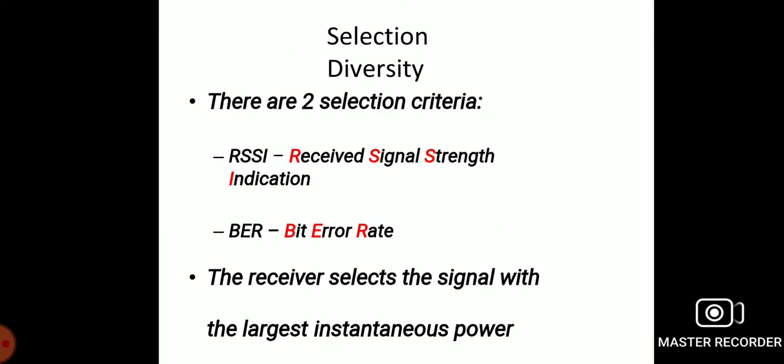There are two selection criteria: the received signal strength indication, and the bit error ratio. The receiver selects the signal with the largest instantaneous power. Here the RSSI sensor follows the radio frequency changes, and even in the case of fast fading channels, this method permits simple tracking functions.